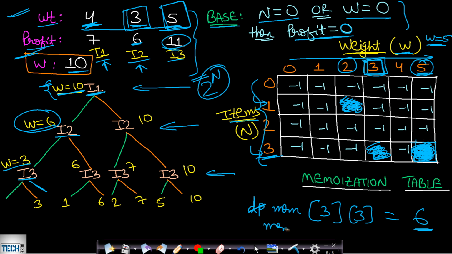So memoization at 3 and at 5 will be equals to 11. This will indicate the maximum profit when you have all the 3 items and you have capacity of the bag as 5. So this is how we can represent a sub problem, and this is how by solving and combining all the sub problems we can solve the bigger sub problem. So this last cell is the bigger sub problem, which is the entire problem itself.